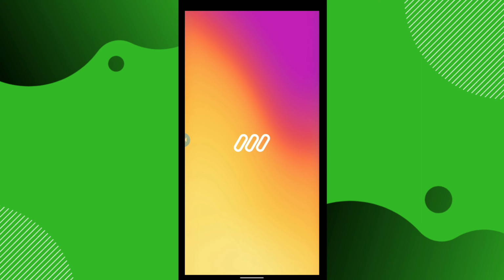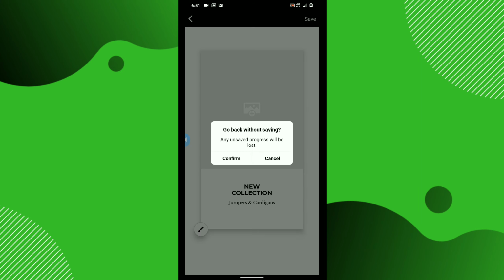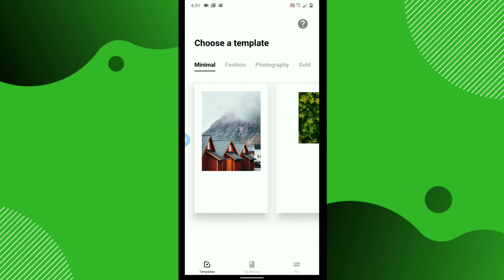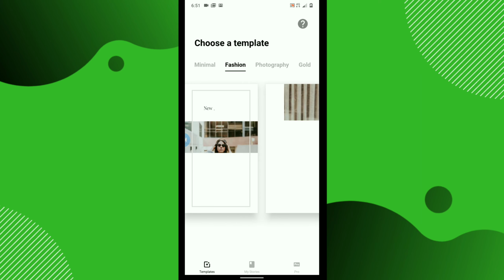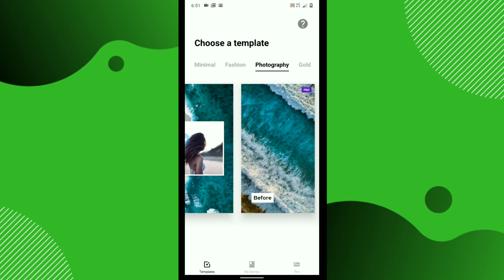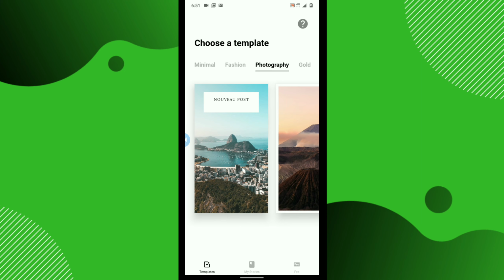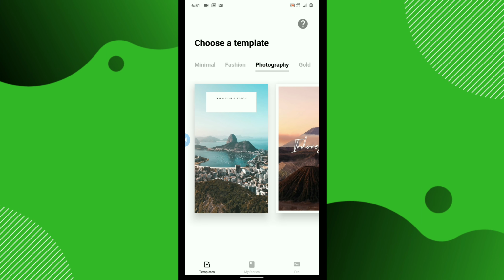Mojo. On Mojo, you can design beautiful stories for your Instagram. These are the templates which you can use. There are animations, there is text, there's each and every single thing here. Go out there and check which one looks better and use it. This is the best app to create Instagram stories.